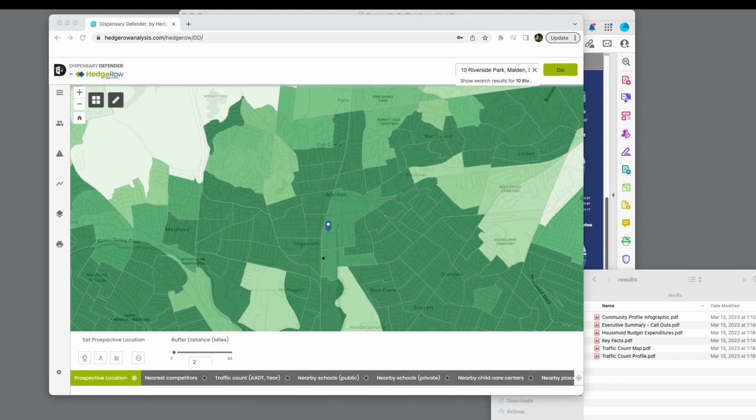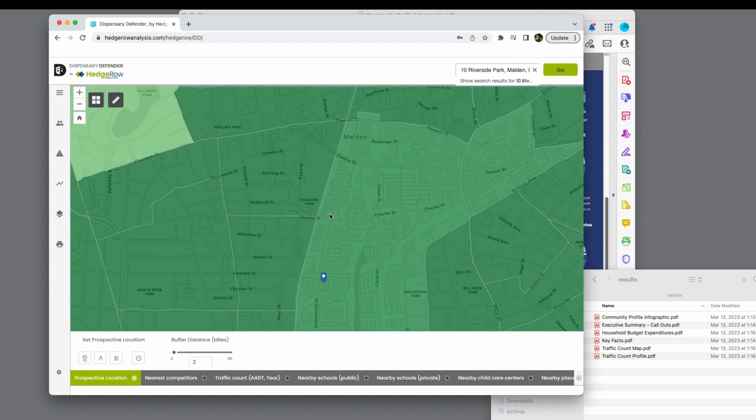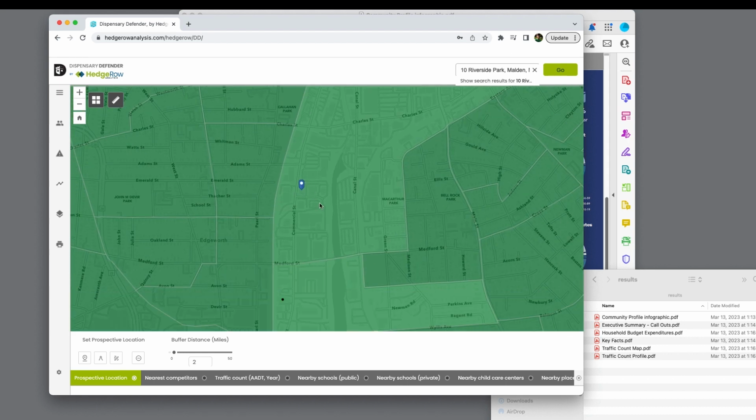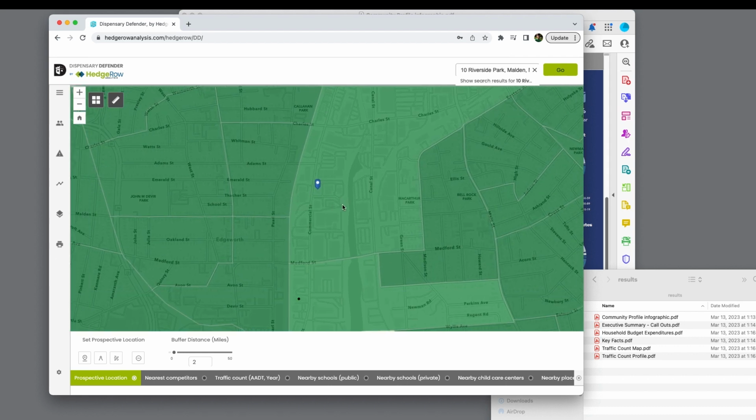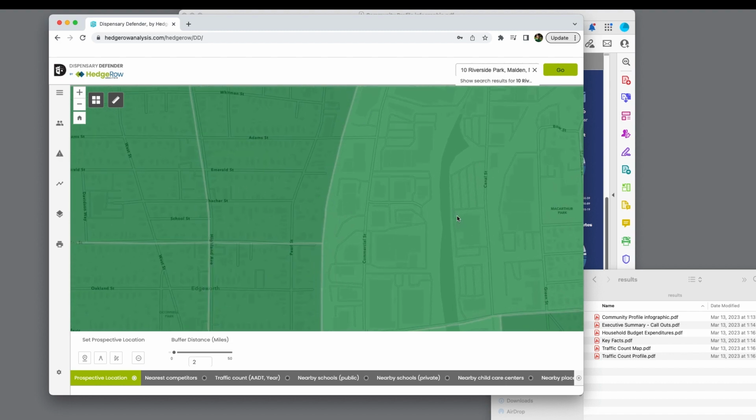I'm back to take a look at some of the things you can learn using the Dispensary Defender Data Dashboard, which can be used to research the viability of a known location for its suitability to open up a new legal marijuana shop, to search for the best place in a general area to put a legal dispensary, or to look at an already running operation in the event of a possible merger and